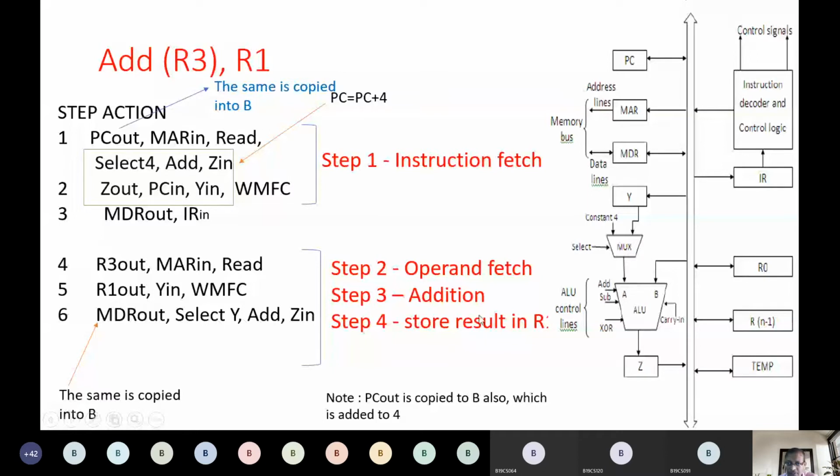And the next is A needs to be added. So what we have is the R1 value here. This needs to be added to B. So what do we have in B? In B we have the R3 value. So the R3 value is in this one, the R1 value in this one. When we say add, the R1 and R3 values will both be added and go to Z in.